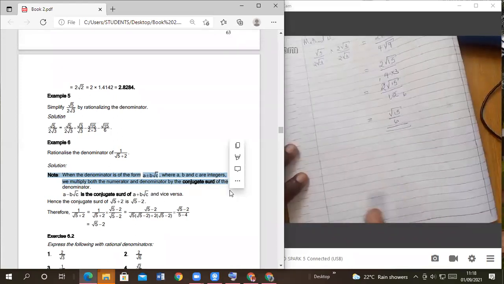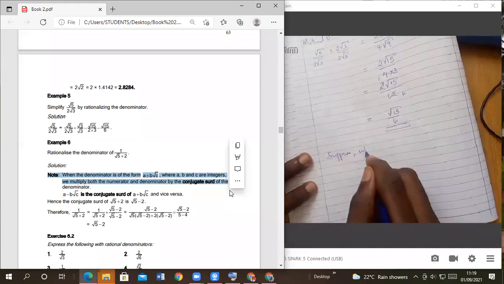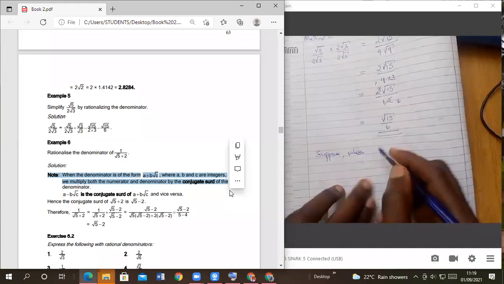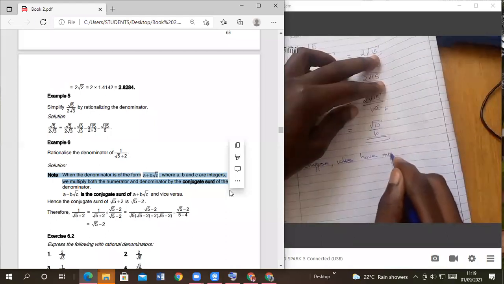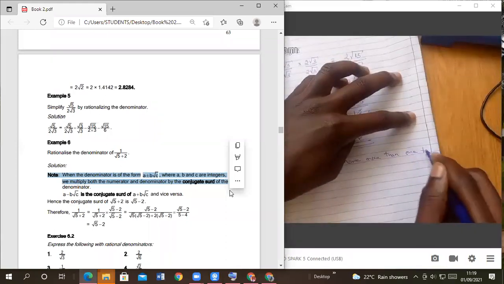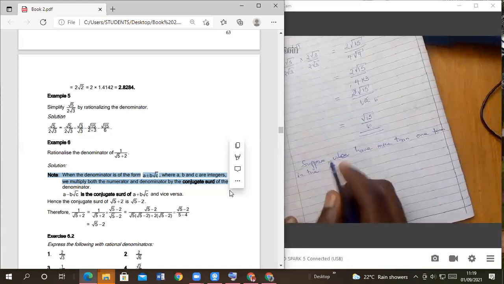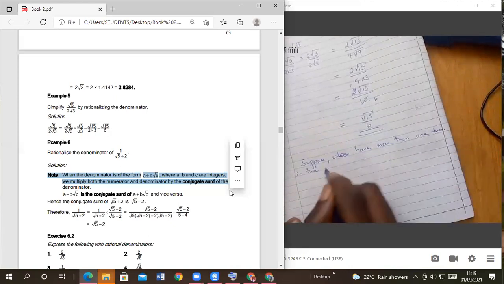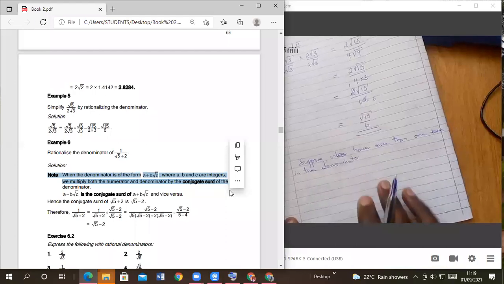Suppose we have more than one term in the denominator,